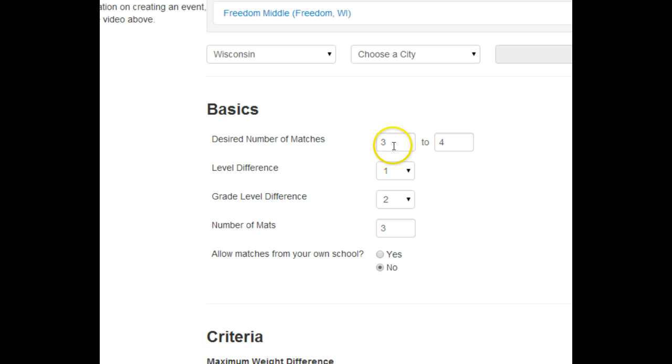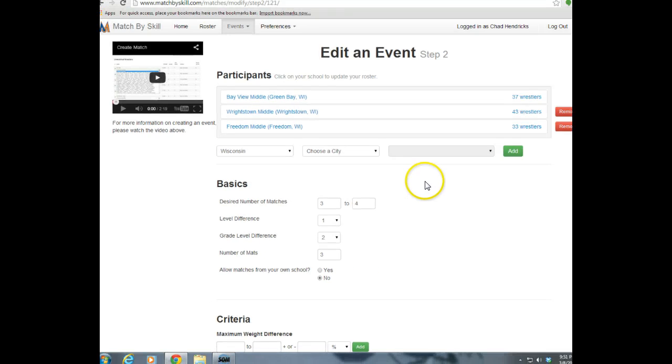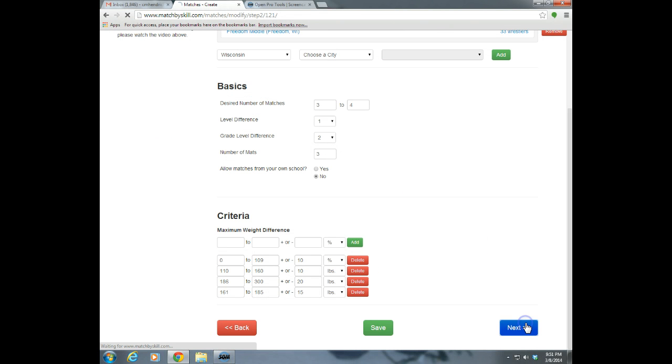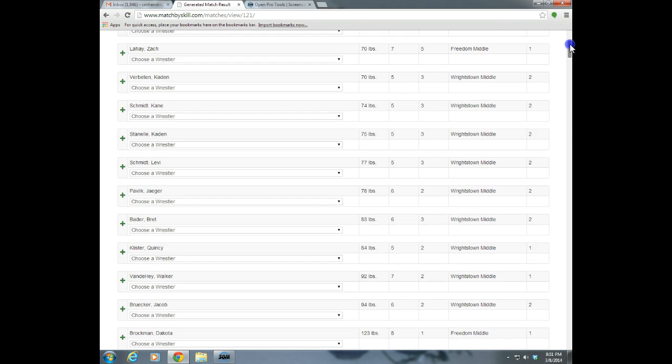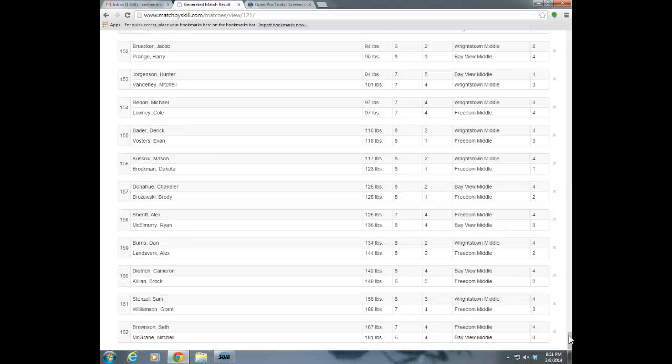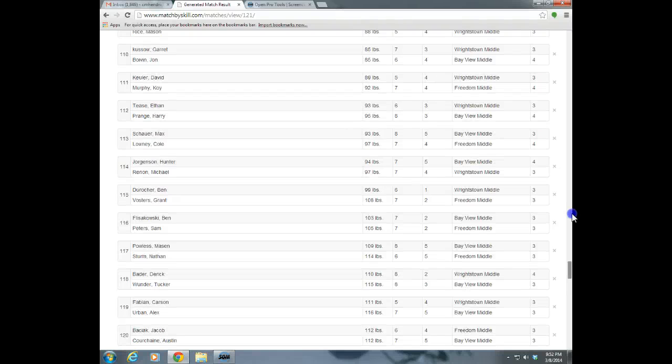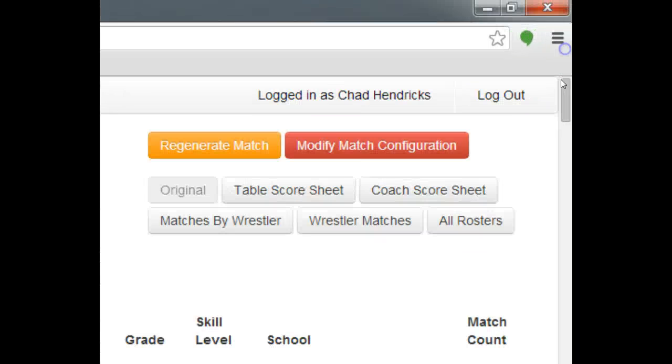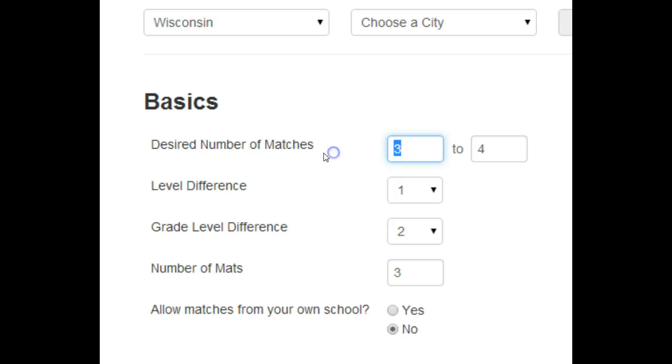Somebody had the recommendation of going with a high number of matches. That's what I usually do. I start off higher, so like in here we'll have 3 to 4, and as soon as I go to the next button, that will have scheduled 162 matches. Now we have 3 mats at our school, and we have a 2-hour window to get ours done, which is about 90 matches. So I'll go back up to the top, click on modify match configuration,